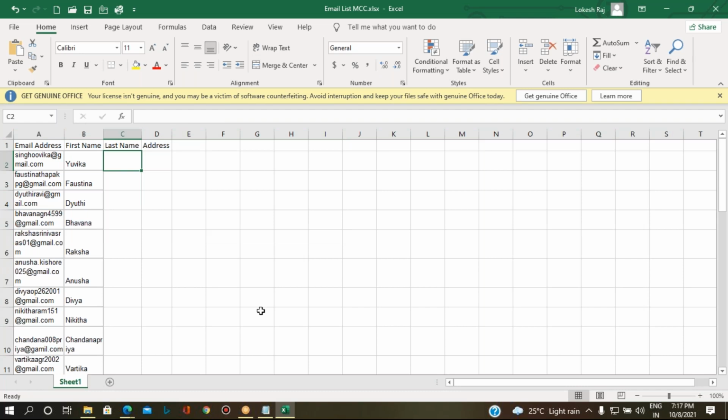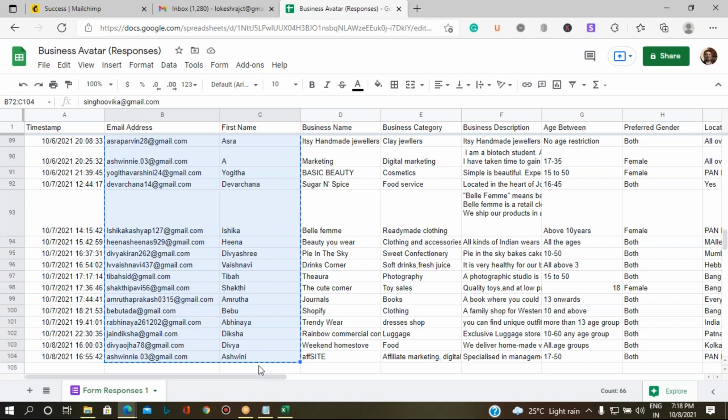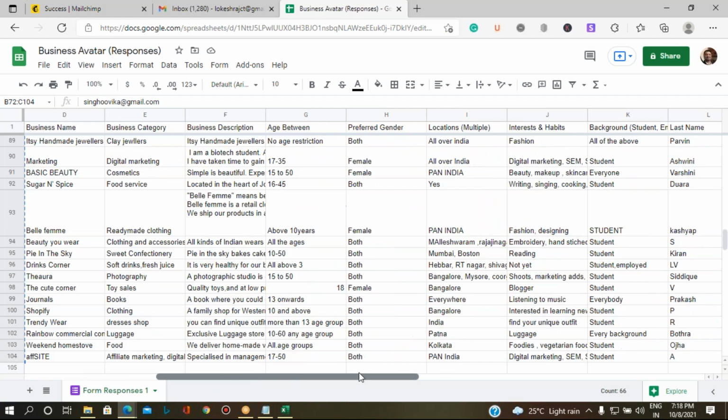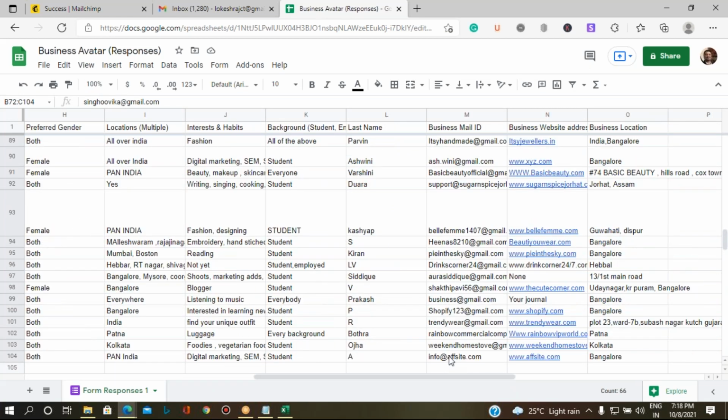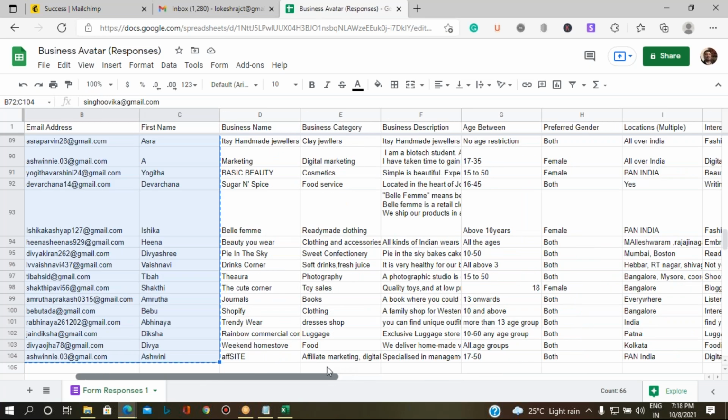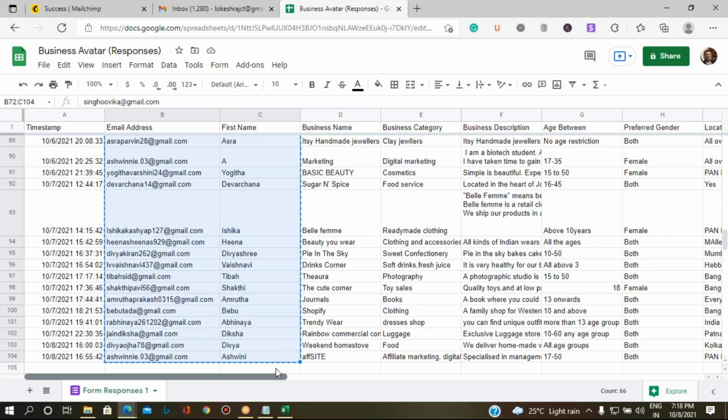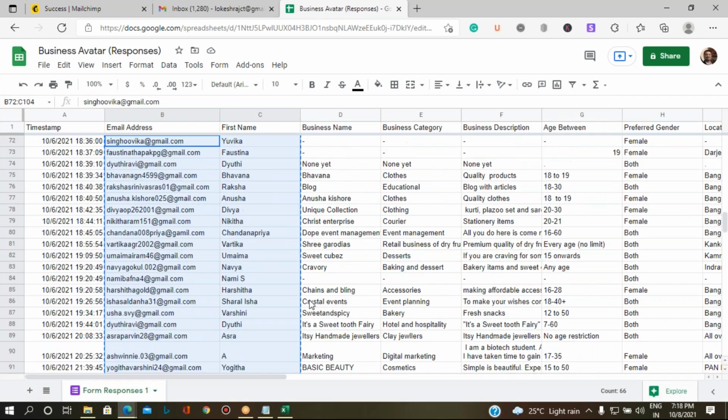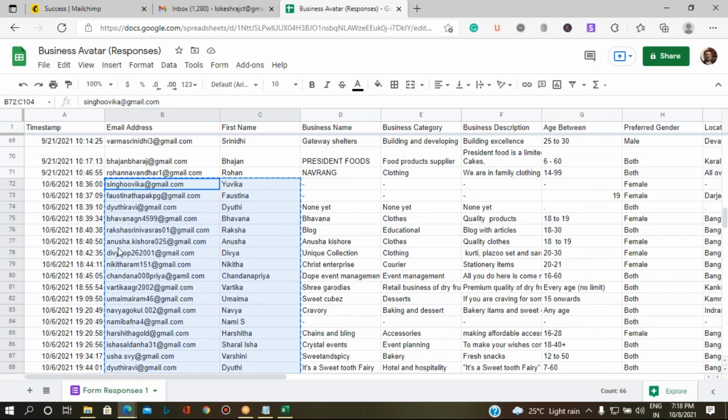Okay. The next thing is I have to connect it with their address and the last name. So where it is? Yes, here it is. So it was there from the column number, okay, it is 72 row number.